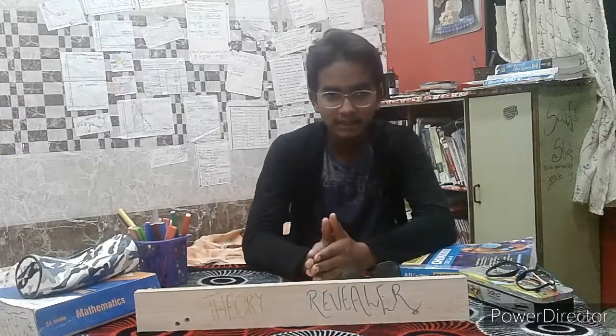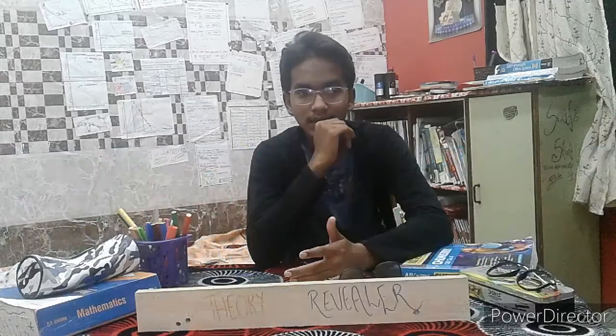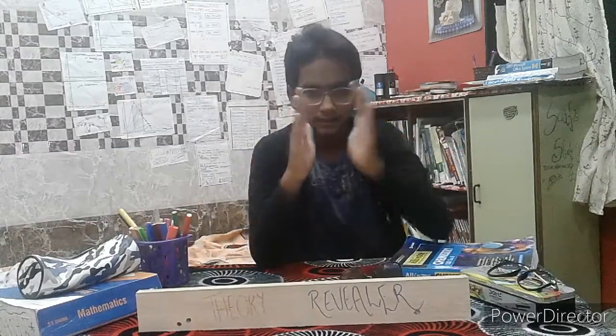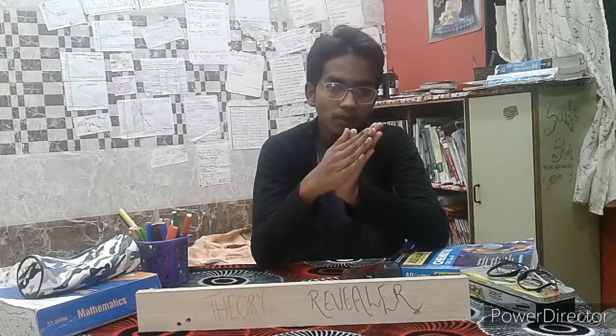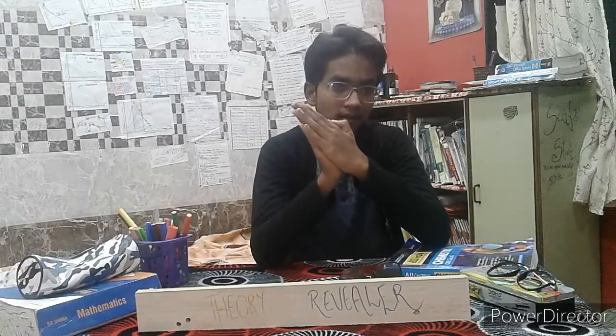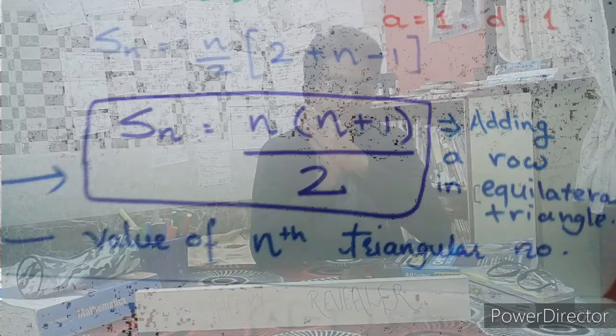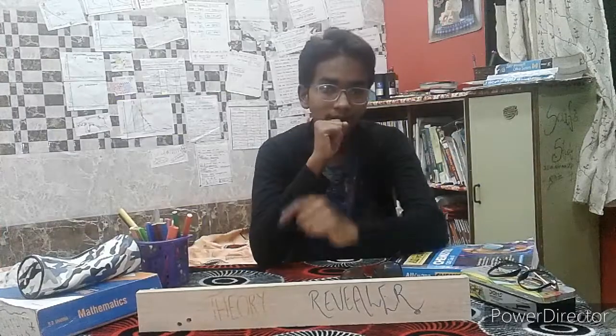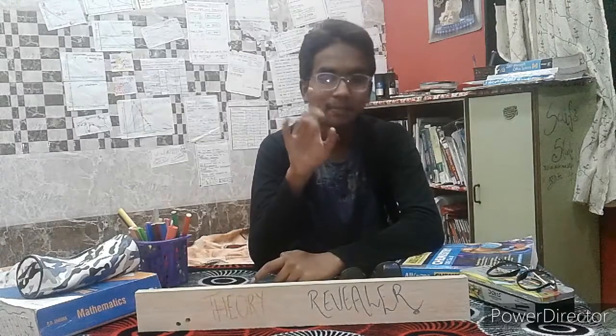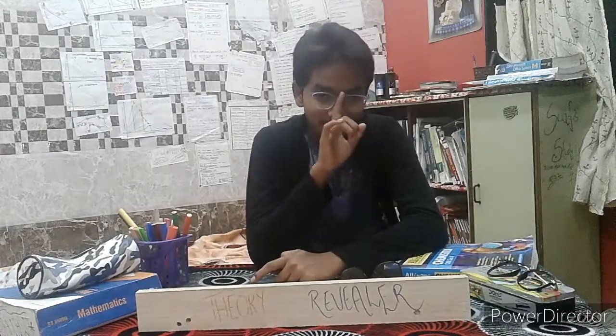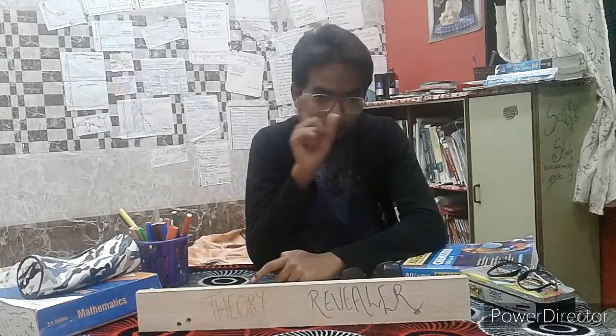We can form a simple series: Sn equals n by 2 into 2a plus (n minus 1) into d. Here n is just a singularity term, and a equals 1, d equals 1, by which it compresses, and the value of the nth triangular number is equal to n into (n plus 1) divided by 2. And yes, this is an example of a bijective statement. The formula